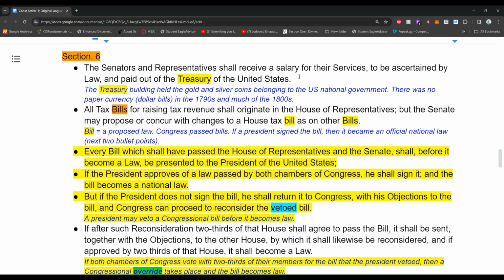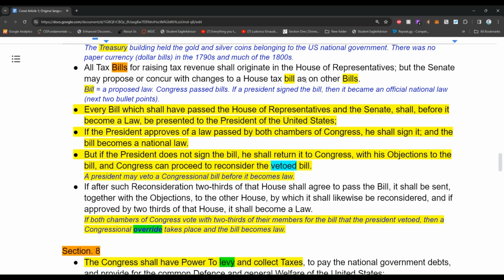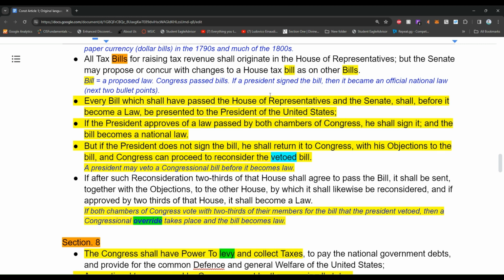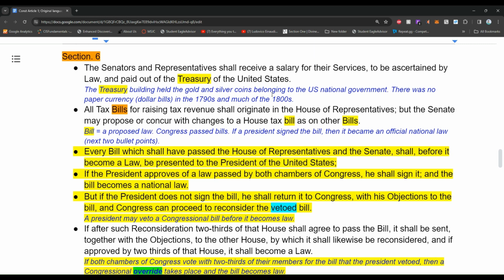And usually laws during a certain year, they will become a new law January 1st of the next year, but there are some exceptions. The third bullet says before a law goes to the president, the House and the Senate have to pass the exact same words in that law. The fourth bullet talks about before the president can approve the law, those words have to be approved by both the Senate and the House.